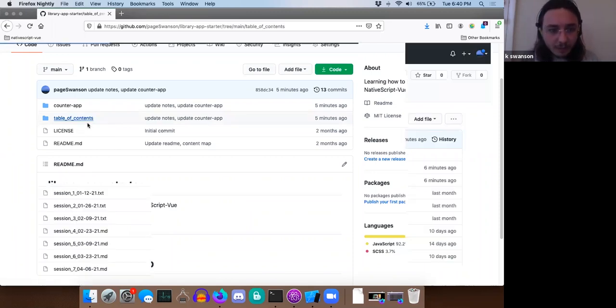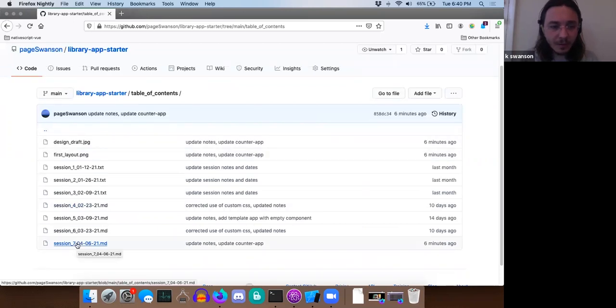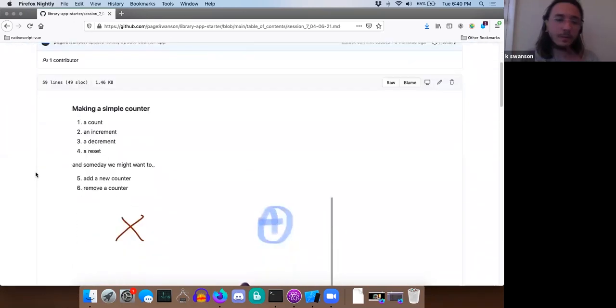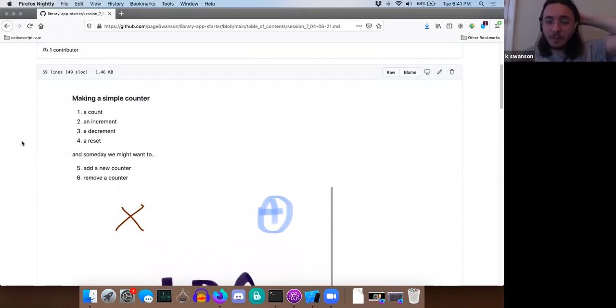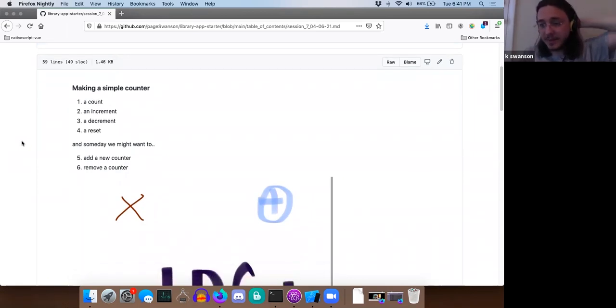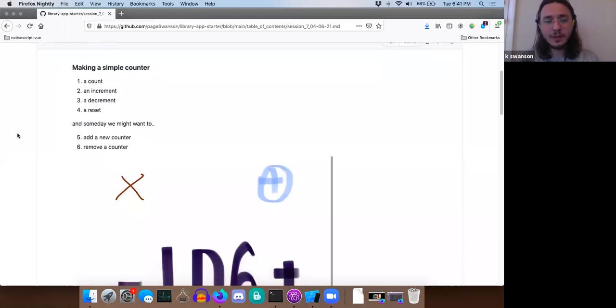But we're going to be working from here, this table of contents. We'll click here for today's notes. So we've talked a lot about installing prerequisites and tools and using code editors and getting started with the development framework, the development approach that we want to use for building our app. And so now, with the last couple of sessions, or possibly the last session might be today, I'm not sure, depending on how far we get, we might do one more to talk a little bit more about JavaScript. But today I really want to talk about making a simple app, how to approach it,